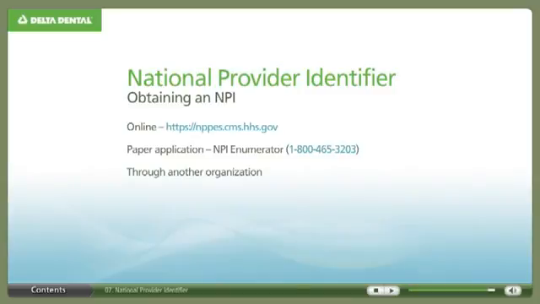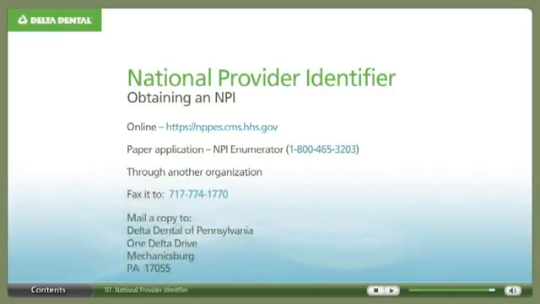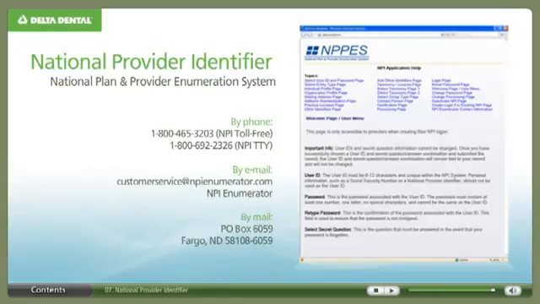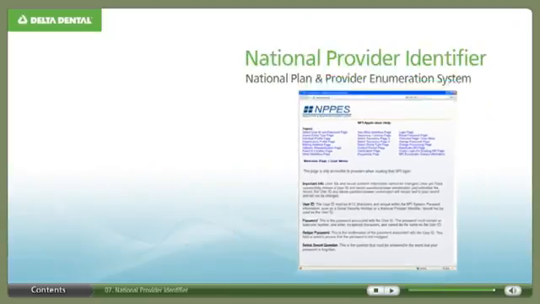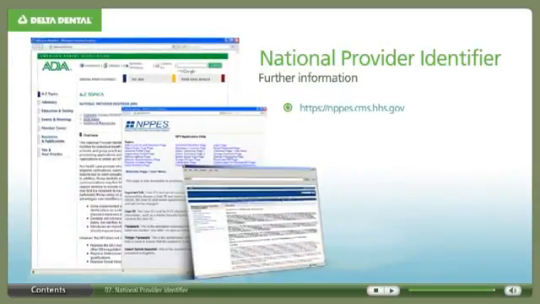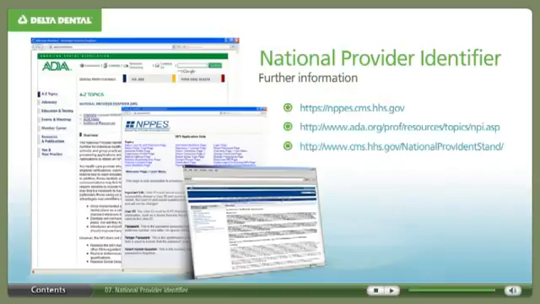The dentist will receive a confirmation document from the NPPES, a copy of which should be faxed or mailed to Delta Dental's Dentist Network Administration and Contracting Department. The National Plan and Provider Enumeration System can provide help regarding the online application process. Any changes to an NPI, such as name or address, must be submitted to the NPPES within 30 days of changes. Further help and information can be found at the websites referenced on this slide: NPPES, ADA, CMS, HIPAA,